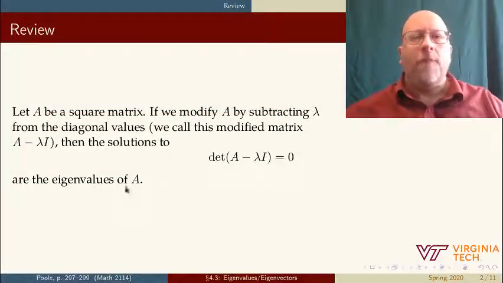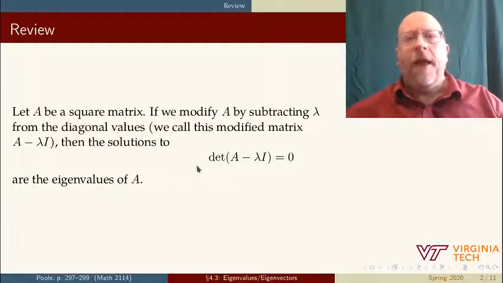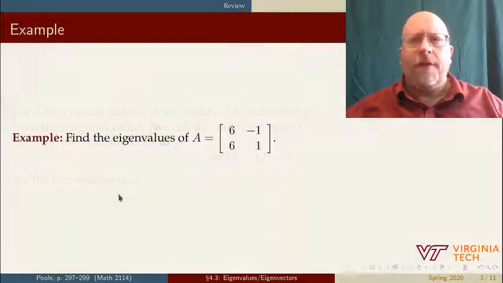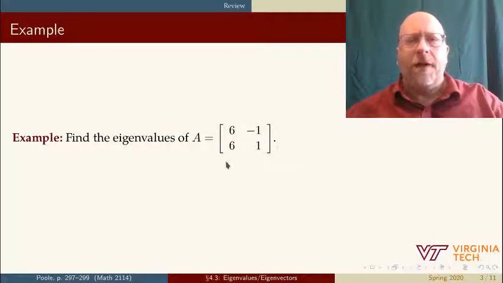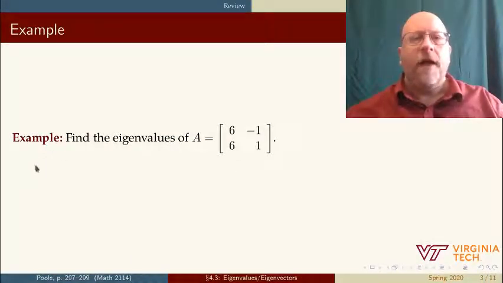If A is a square matrix, and we modify A by subtracting lambda from the diagonal values, and then take the determinant, the roots of this determinant, the values that give me a 0 for the determinant, are the eigenvalues of A. For example, if I want to find the eigenvalues for this matrix here, I need to calculate the determinant of the matrix